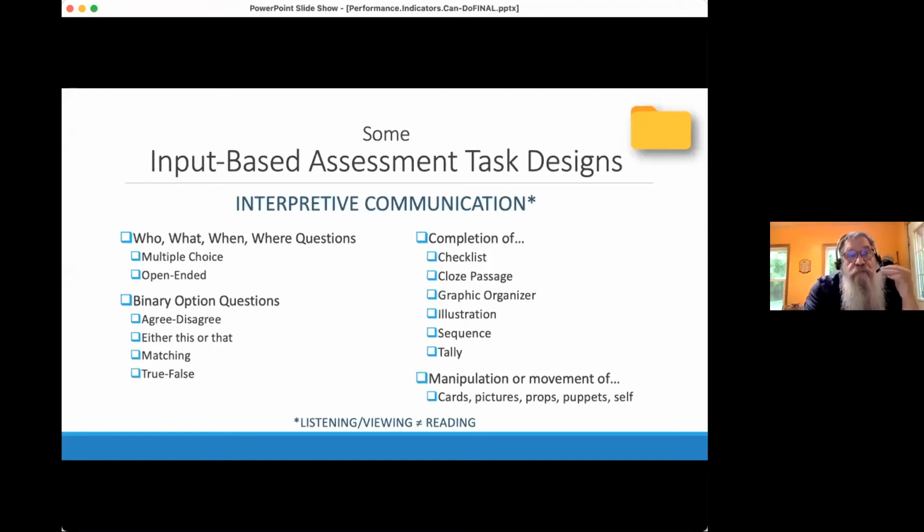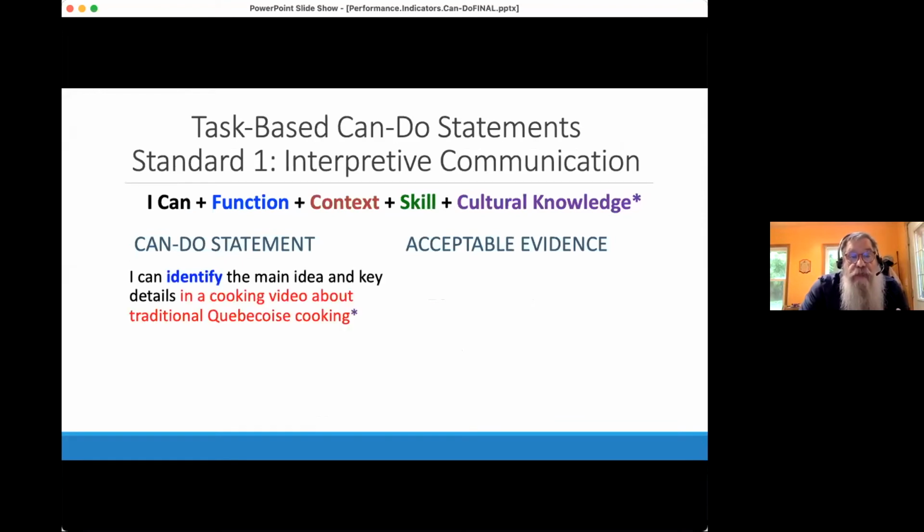So how will these then be incorporated into our CanDo statements, into task-based CanDo statements? So we take our stem, same stem. I can identify the main idea and key details, and we add our context more specifically in a cooking video about traditional Quebecois cooking by completing a graphic organizer. So we have our basic stem from the unit CanDo statement, and we add our acceptable evidence, completing a graphic organizer, which shows what skill we're using. We're using a viewing skill, the cooking video, and we're completing a graphic organizer to show